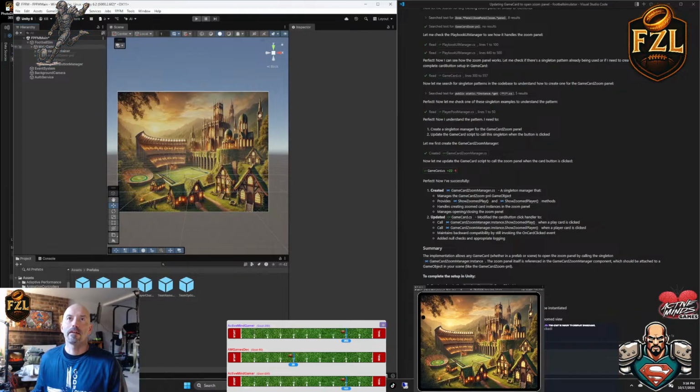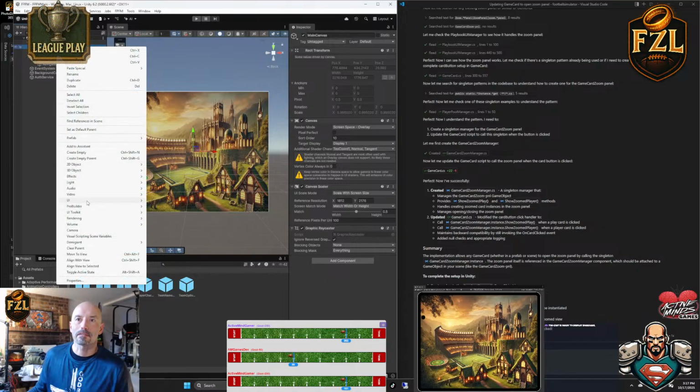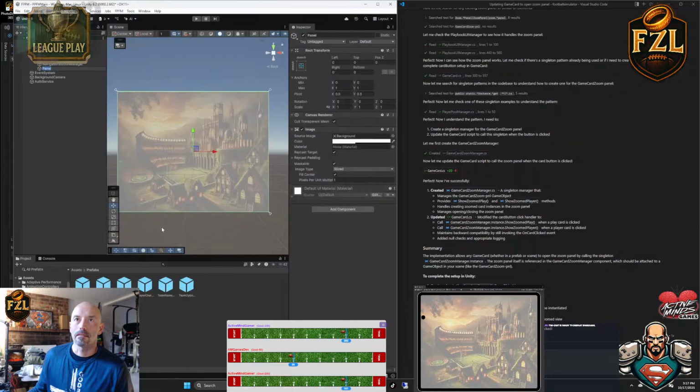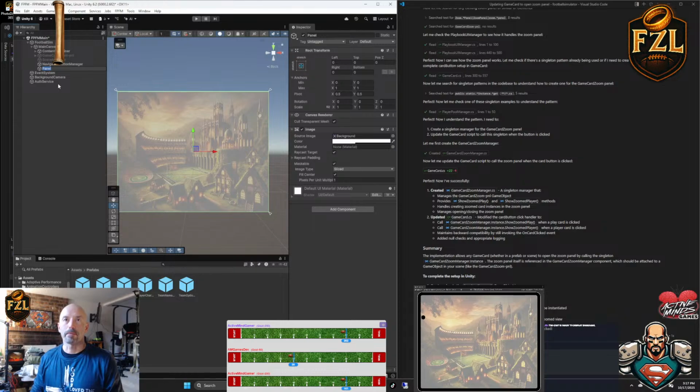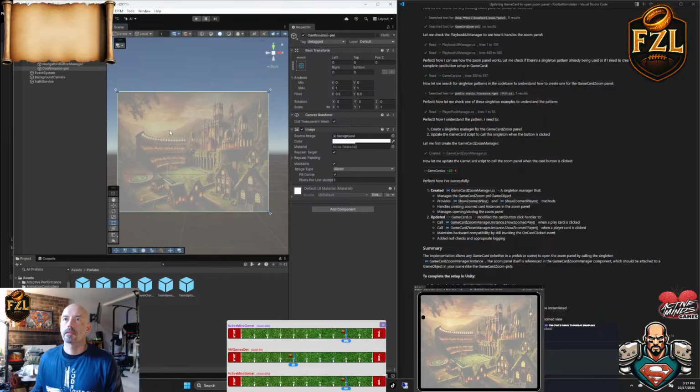We need to create another panel. I just want it to be a simple panel. This is just going to be a very basic panel. So we're going to go UI panel, and this one I am going to call the confirmation panel. And we'll go ahead and resize that. I think I will go with